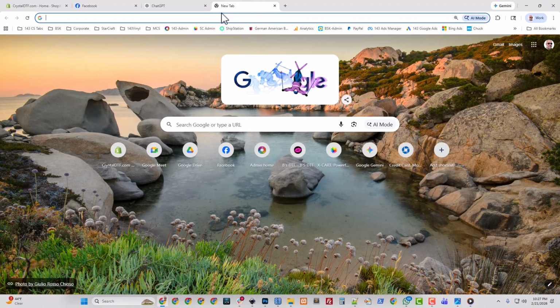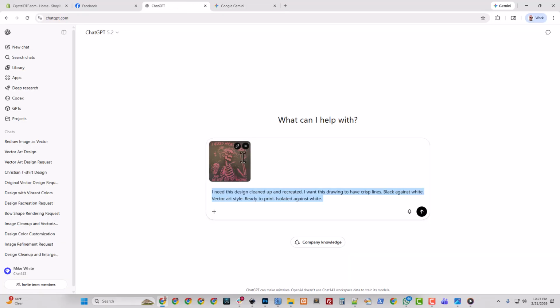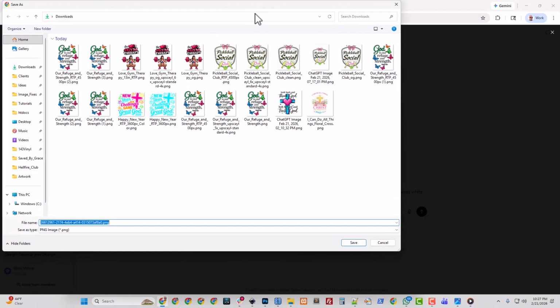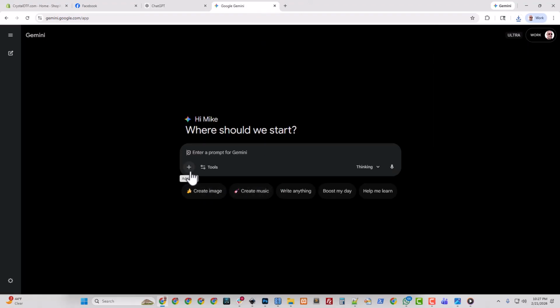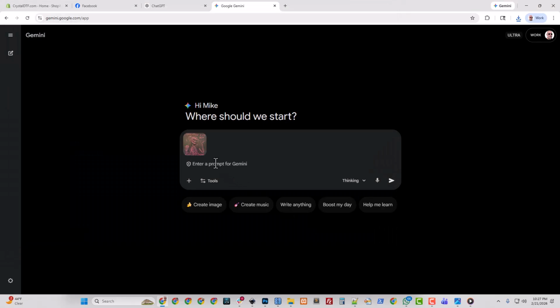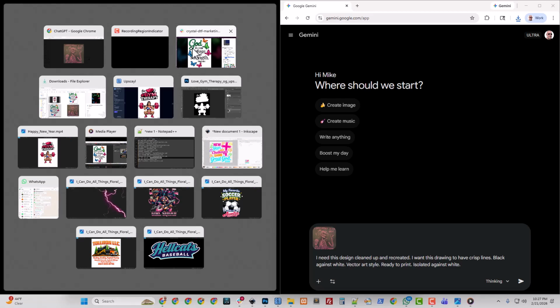All right, and let's just pull in Gemini real quick. Oh, I've lost my screenshot. I have to click it, save it, and upload it here, because I've got my prompt on my clipboard now. All right, so let's run them.